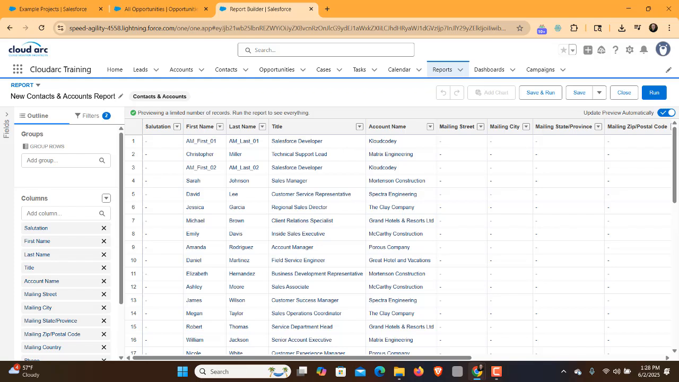Now, the first thing that I like to point out to people is just some basic navigation. First thing that I always like to recommend is that over here on the right-hand side, you select Update Preview Automatically. Now, this is what allows you to control essentially how fast the report refreshes itself. If you're dealing with a large data set, like thousands and thousands of records, I would choose to not update